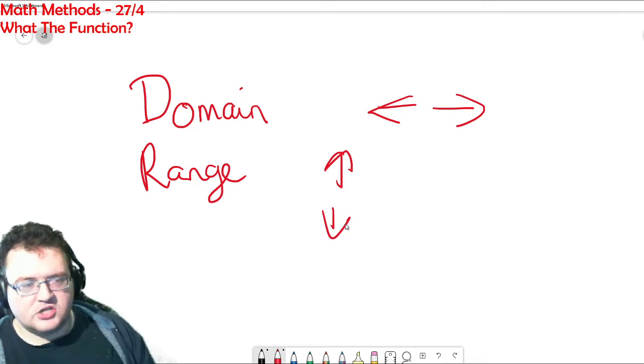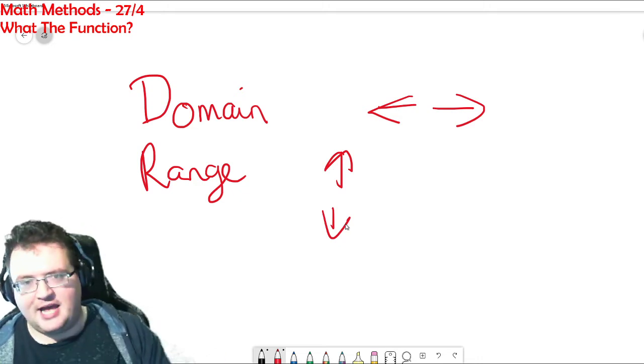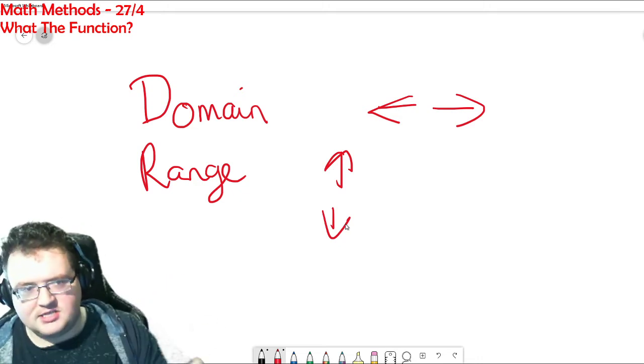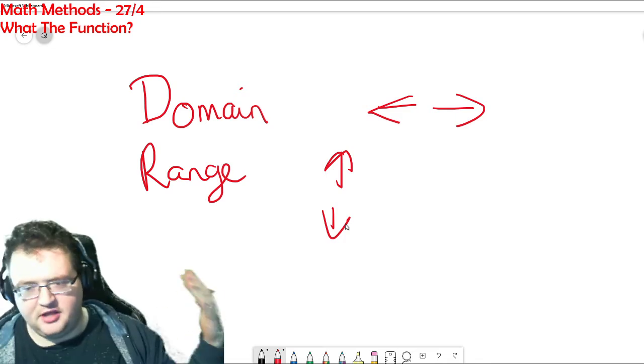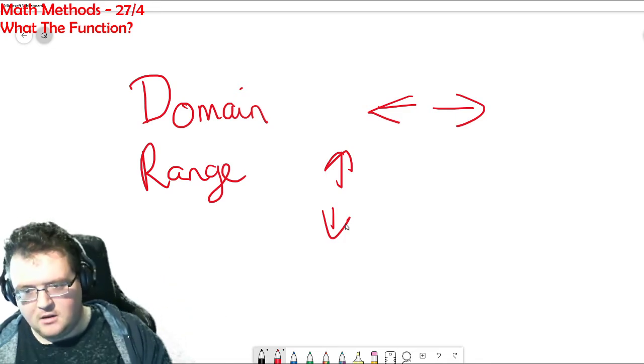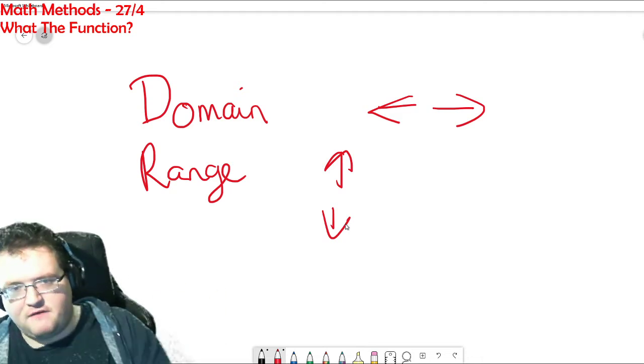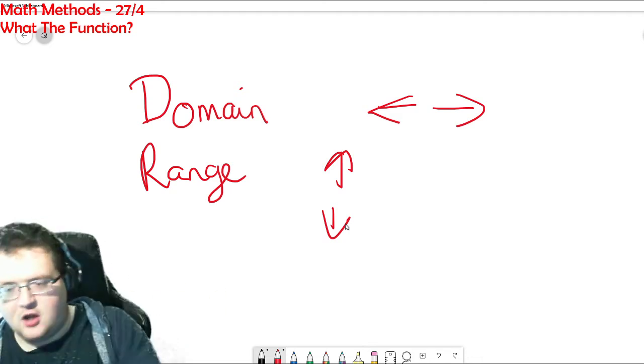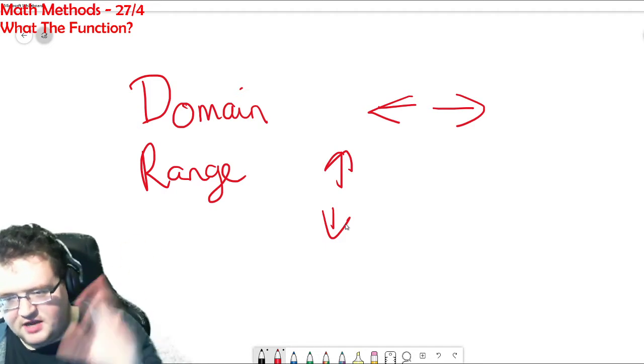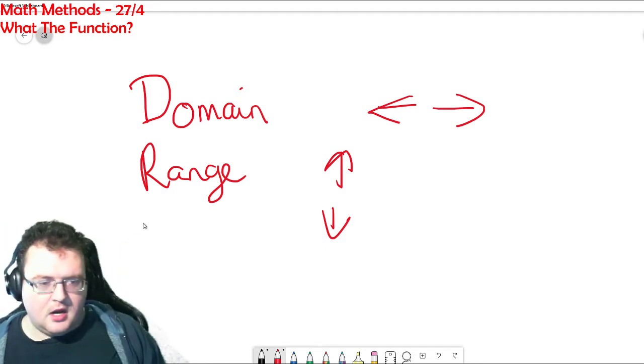All right. So you might think of domain as all possible values of x, range is all possible values of y. All right, but we're trying to move away from x and y. We'll start thinking about functions. Domain, everything horizontally, everything ranges, everything vertically. All right, and what you're going to get asked is, okay,